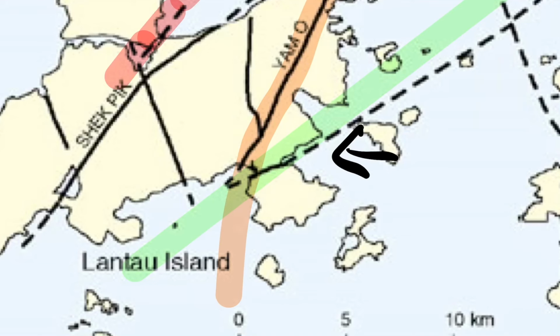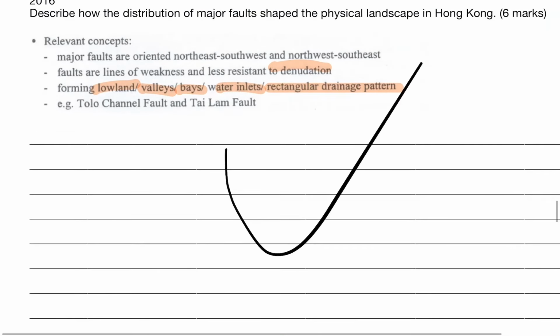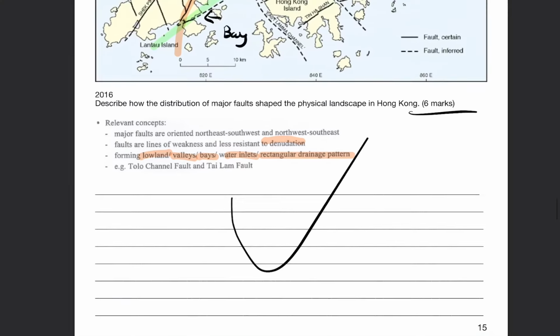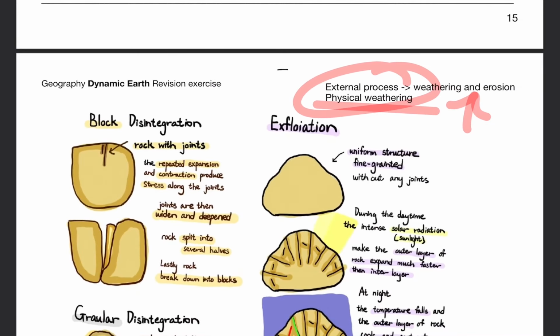You can see the bay. 梅窩係一個 bay 嚟嘅，咁你就一定要背啦，背完呢個，呢個要寫6分嘅 essay，咁就搞掂啦。下一堂，下條片就會講 external process。